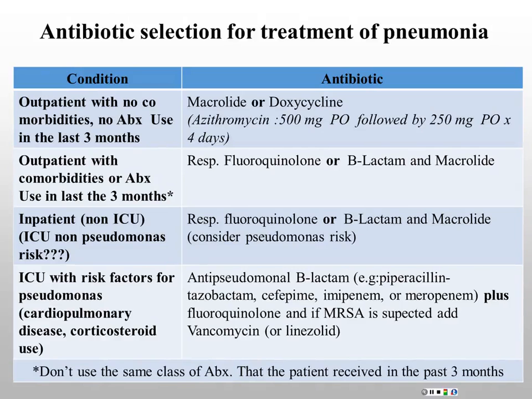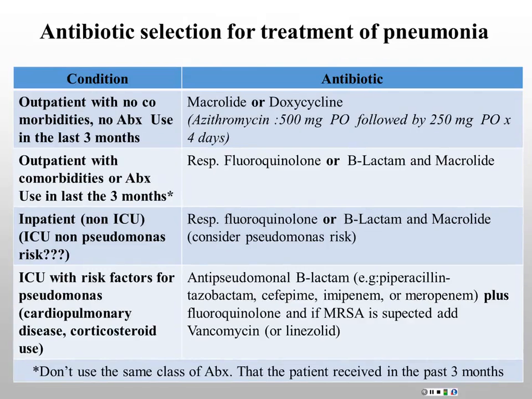And you try to ask what kind of antibiotic the patient was exposed to recently, because you try to use a different antibiotic. So if the patient received fluoroquinolone, you may use the beta-lactam azithromycin combination. And if the patient received the other combination, you can use fluoroquinolone, just not to use the same antibiotic within a short period of time. If you have risk for Pseudomonas or MRSA, then you can add coverage with anti-Pseudomonal beta-lactam,